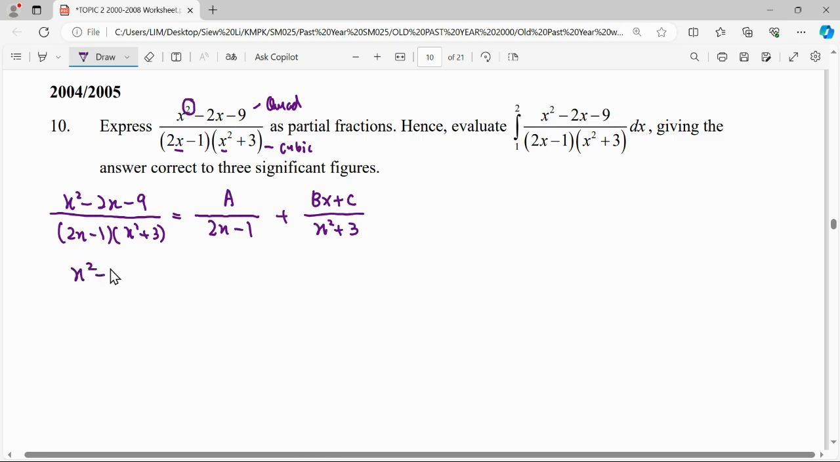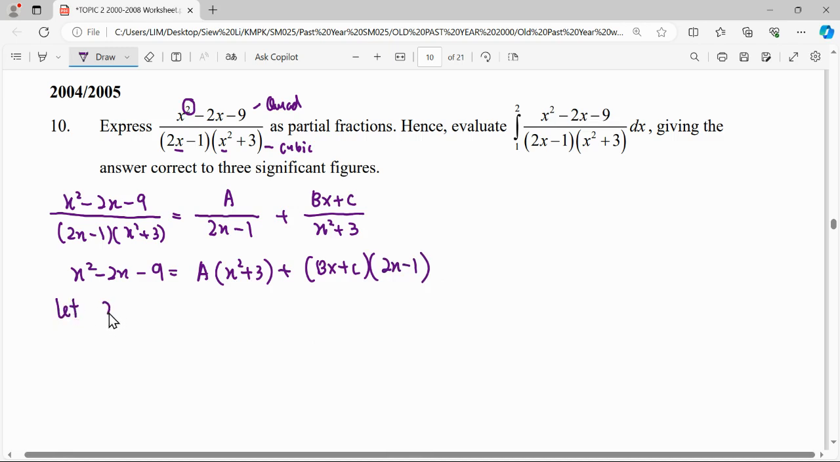Then we get the same denominator, where the unknowns A, B, C will be multiplied with the factor they don't have. So A has the factor 2x minus 1, so it will multiply with x squared plus 3. Meanwhile, bx plus c, put in brackets, together will need to be multiplied with the factor it doesn't have, which is 2x minus 1. Then we can start to let